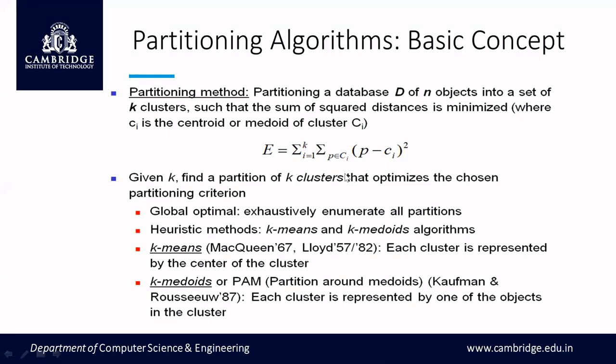Whenever you have a minimum value, you will classify that point into a particular cluster. So what we are trying to achieve in k-means is that you will enumerate all the partitions exhaustively. What do you mean by exhaustive? You are repeating the step until a condition is met. Tell me one thing, whenever you are starting with the centroids and you are clustering, how will I come to know that at this point I have to stop?